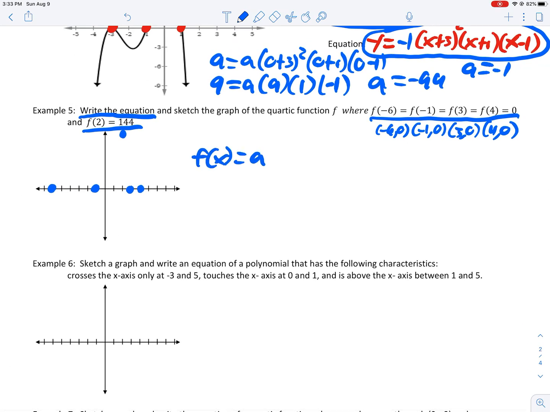looks like A. I have 4 grouping symbols because there are 4 x-intercepts, so there's 4 factors. So x minus 6, this is plus 6. X plus 1, x minus 3, x minus 4. Hopefully that's starting to kind of click for you now. So now,